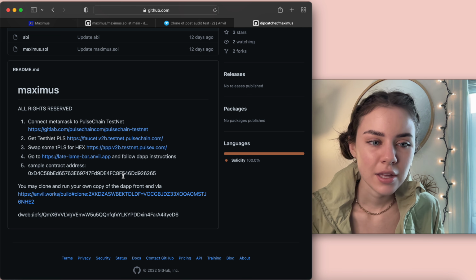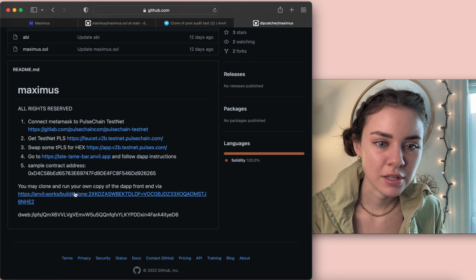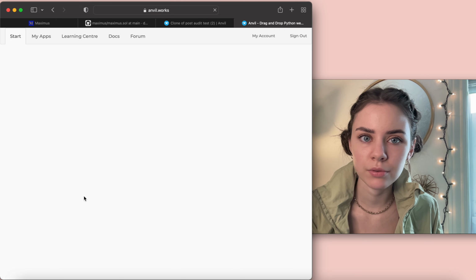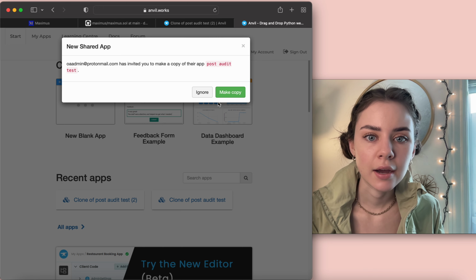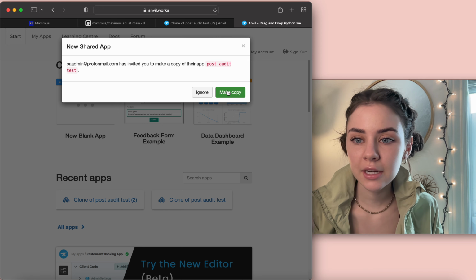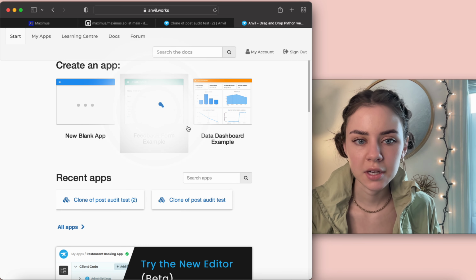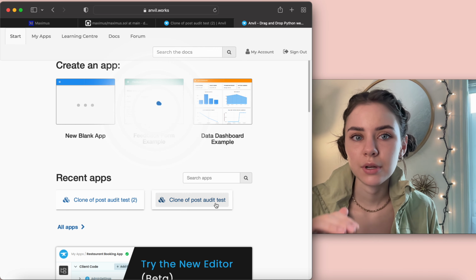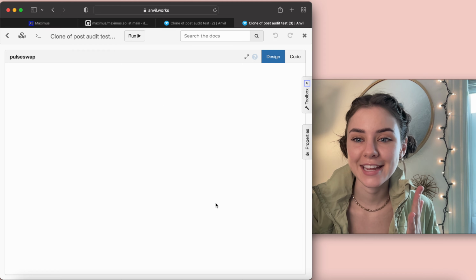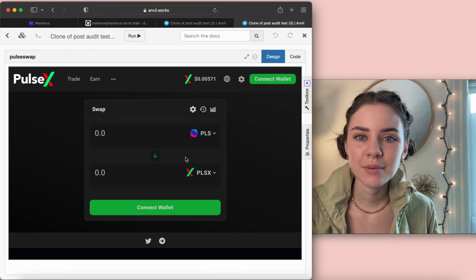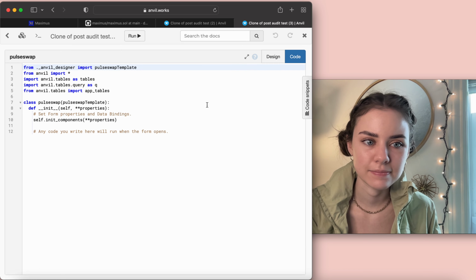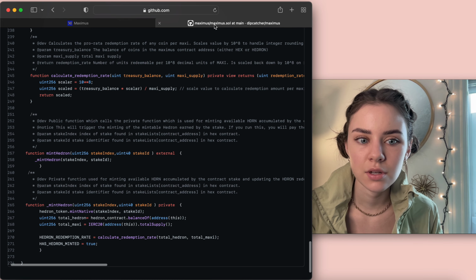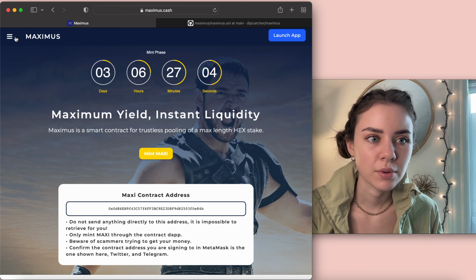All right, so here we have the way that you can also see the DApp front end. If we click this, I actually had to sign up for an account. Well, that just took me off the page. But you make an account, and you make a copy of it. This is in Python, just FYI if you were curious. It will load, and it does bring up a little test site. Perfect, right here. So you can come in, you can play with it. There's also the code of it, which is kind of cool. We're not going to go over that today, though, because that is not what I want to focus on. Okay. Let's go back to GitHub,